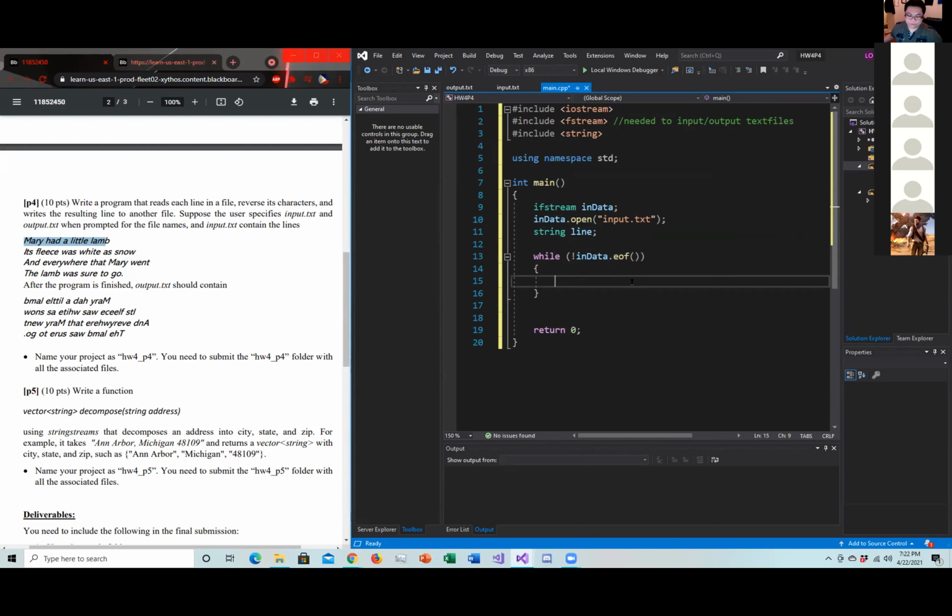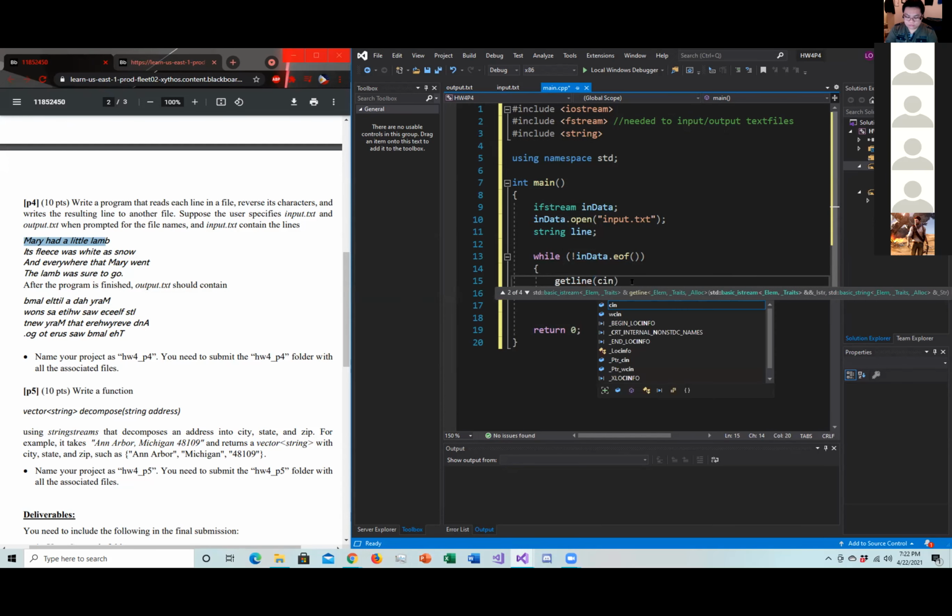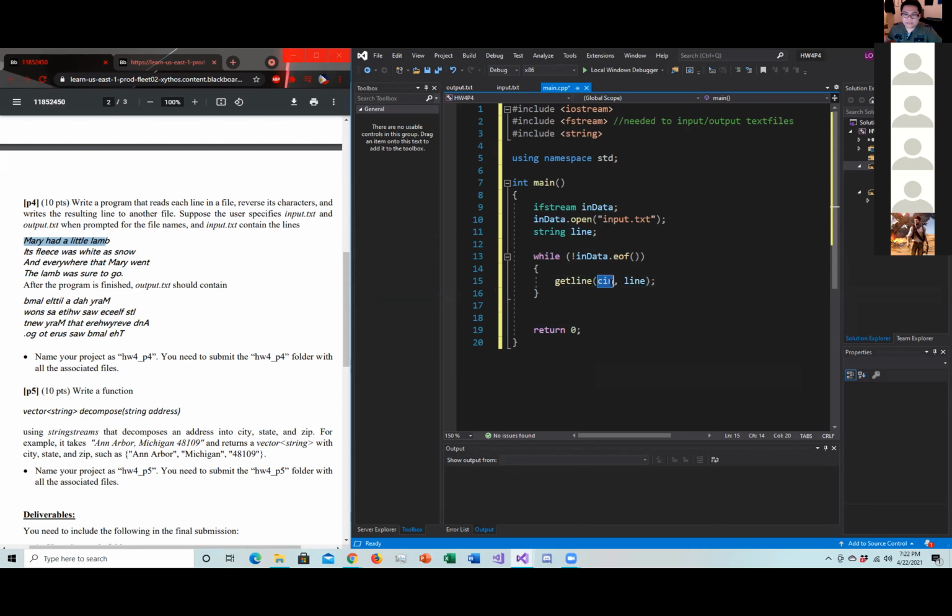Okay, so we're gonna say getline(cin, line), like that. Now I wouldn't use cin here because cin stops when it sees the first blank space, and we don't want to stop when we see a blank space. We want to retrieve the whole line, right? That's why we have to use getline instead of cin. All right, so now that we have that,